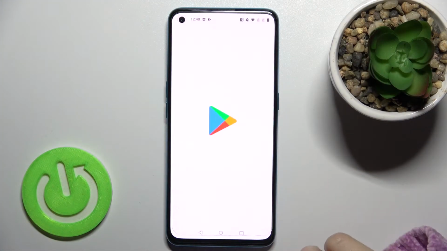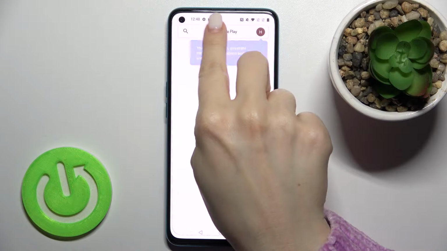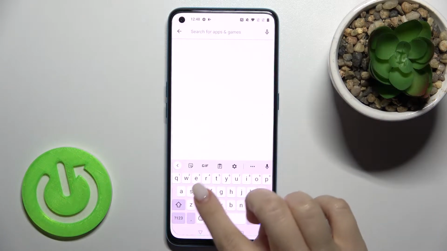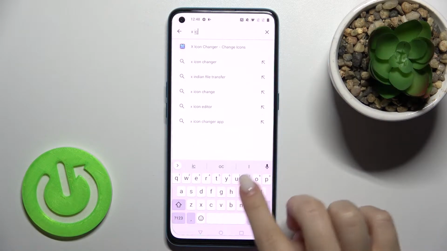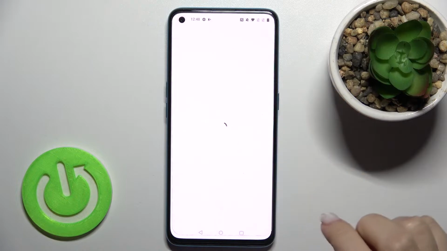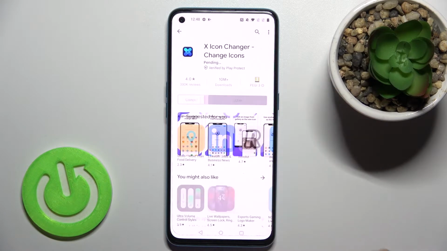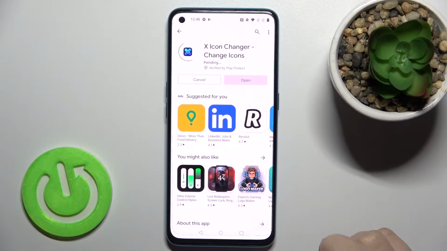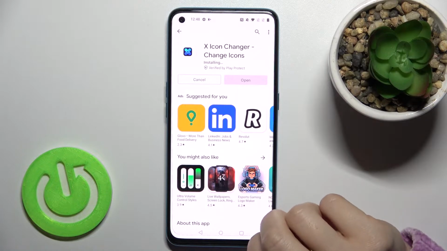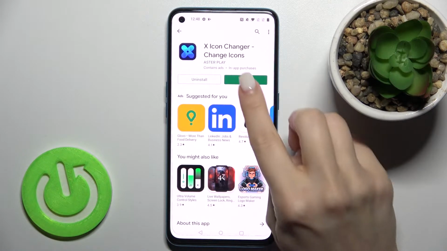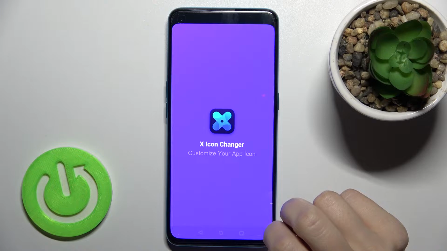So first you should go to the Play Store and then just here on the search bar type X icon changer. Now we have to get this application, so tap to install and wait a few seconds while the application installing on your device. Now just open the app